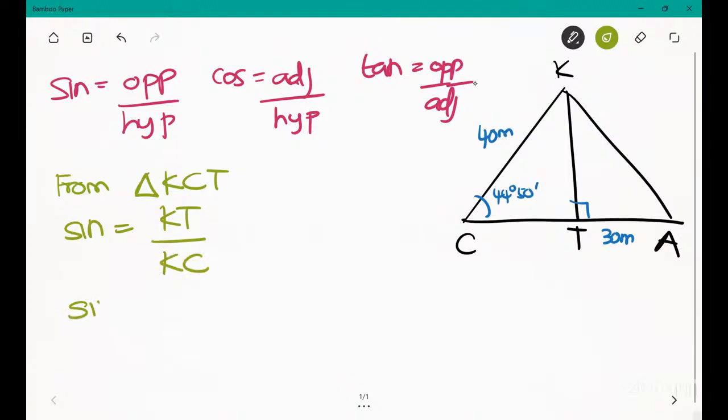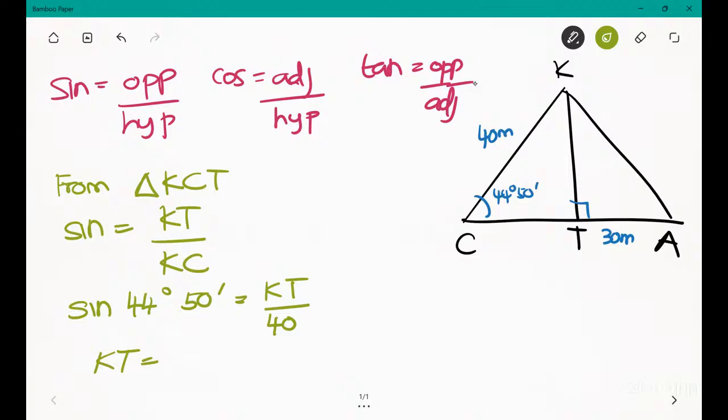So sine 44 degrees 50 minutes is equal to KT over KC, which is 40. So then KT is going to be equal to, so sine 44 degrees 50 minutes is going to be equal to